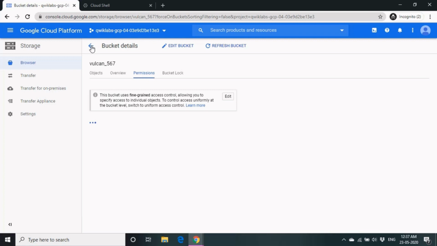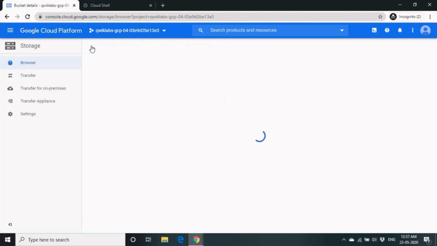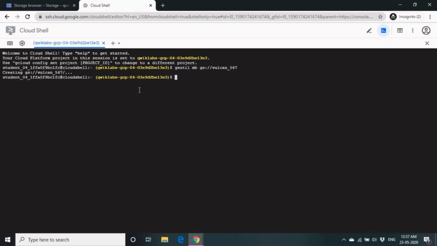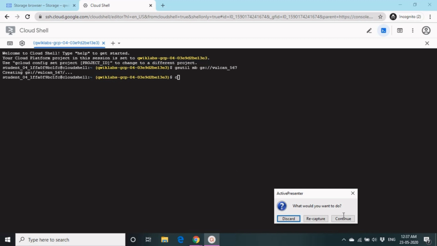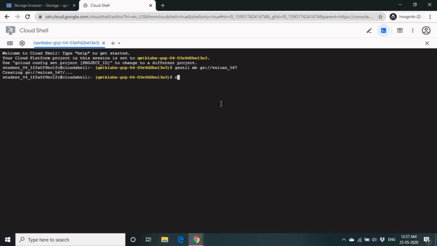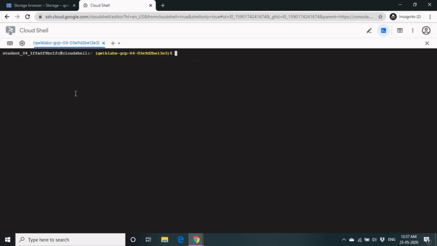Click on back. Now I don't want all of these to live in my shell, so I'll just type an instruction clear and press enter. So my shell has been cleared of all the clutter. Let's close this shell, click leave,